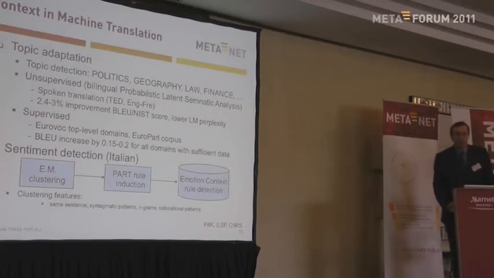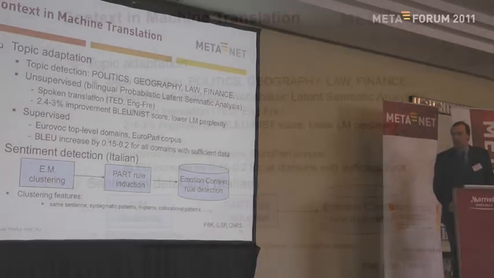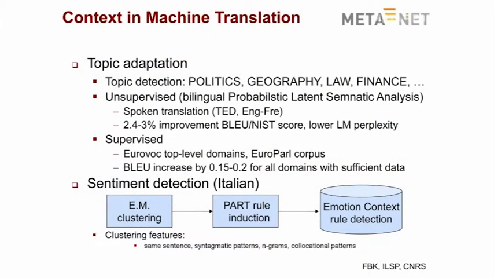For example, topic detection. Topic detection is a thing which can improve translation by way of adaptation of the systems to the particular domain. Now, of course, you can do offline adaptation, which is what people usually do today. But what would be even more interesting would be some type of online adaptation. When you switch topics, also your models in the translation system will switch, and the quality will stay the same.